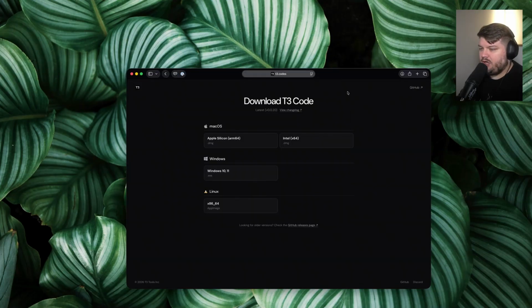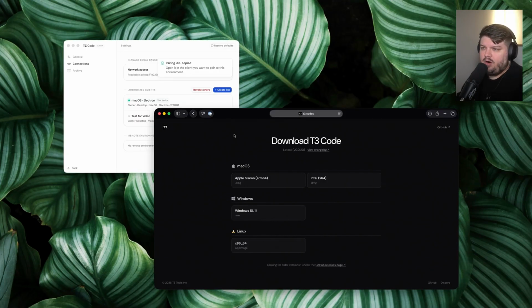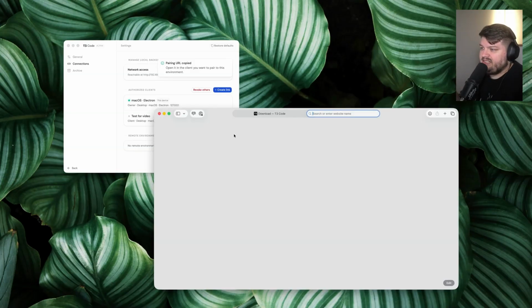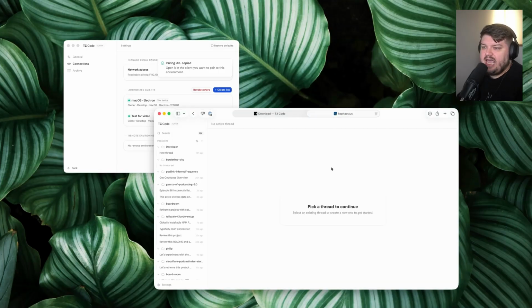Now we can take that pairing code, and it's going to copy that URL with an IP address in there, but if you're running Tailscale, you can just replace the IP address with your magic DNS name. So in my case, I can just type in Hephaestus and then the rest of the URL as opposed to my IP address, and then I would have full ability to access all the same projects, all the same chat